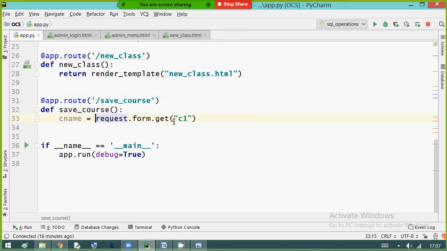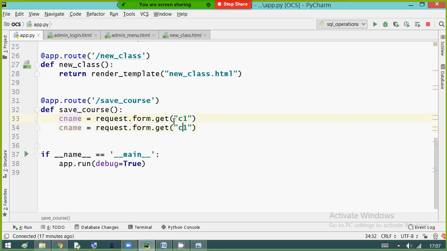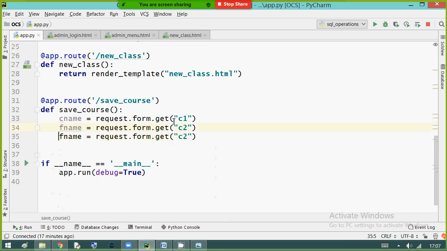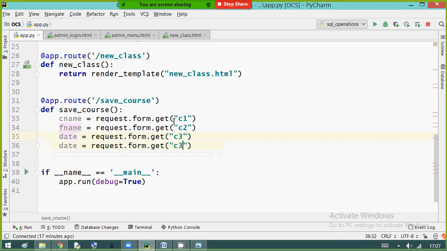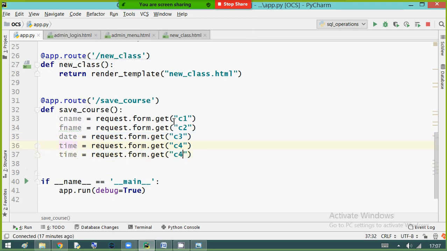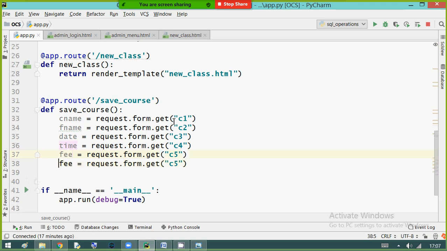Then request.form.get C2, that is F name, faculty name. C3 is date. Next C4 is time. C5 is fee. And C6 is duration, I'm writing in short as dur.